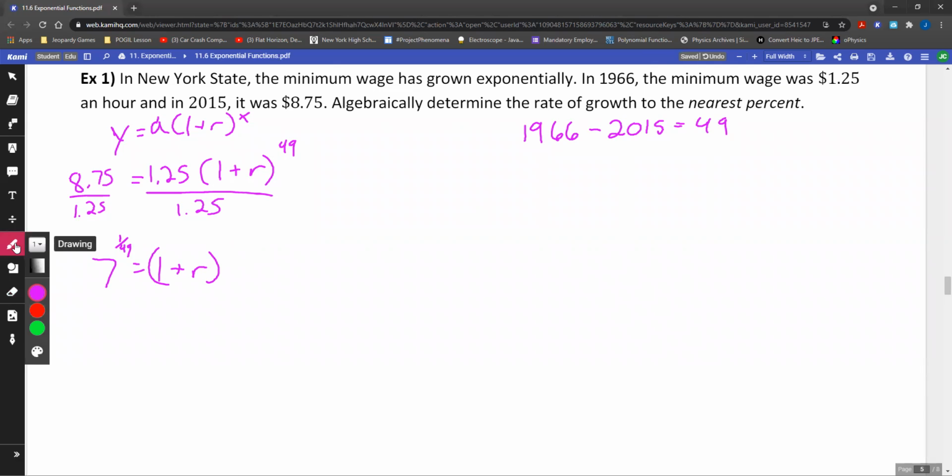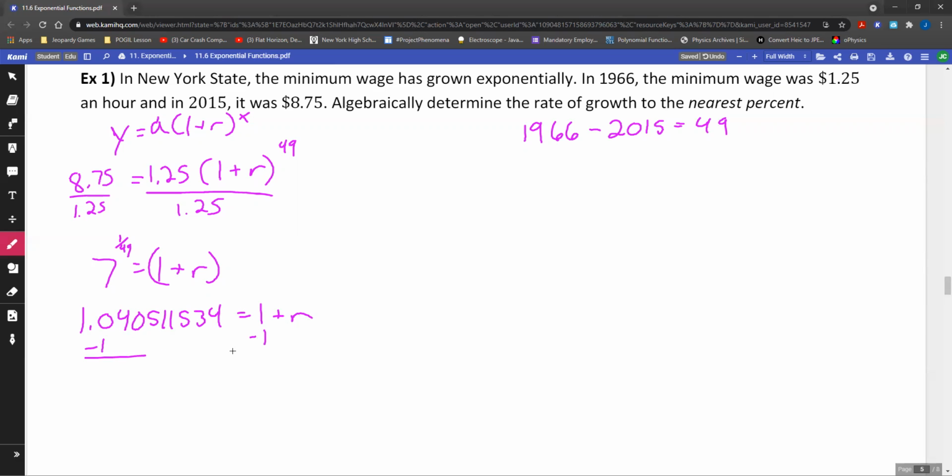So 1 over 49. So 7 to the 1 divided by 49 ends up getting me this number. Subtract the 1 over, and I end up getting